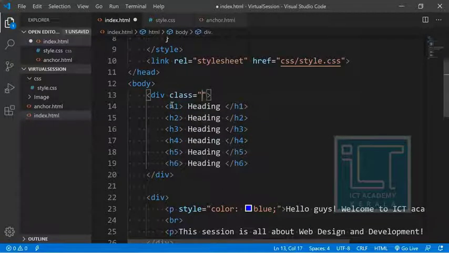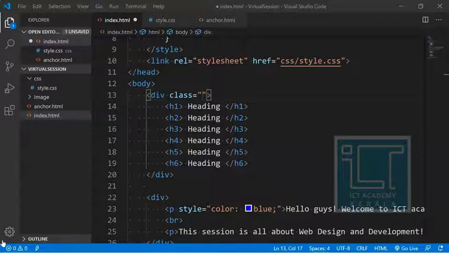Now you may be thinking, what is the difference between a class name and an ID name, right? For that, I'll take a real life example to show you the difference. So consider a common class in a school or college. In school, classes are distinguished as 10th class, 9th class, 8th class, or plus one. In colleges with an engineering background, they call it a computer science class, an electrical class, an electronics class, or a mechanical class.